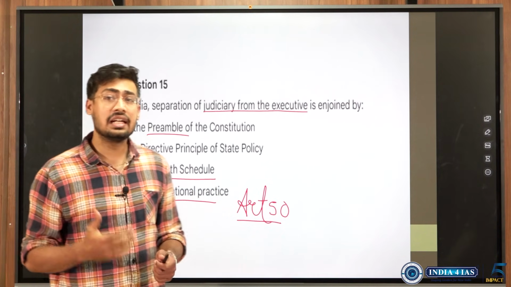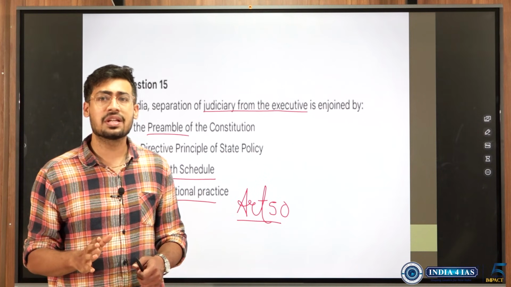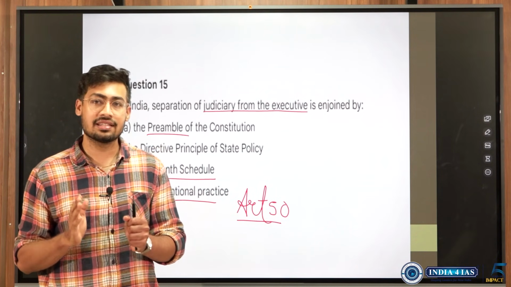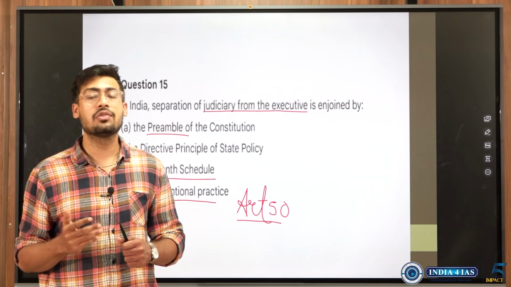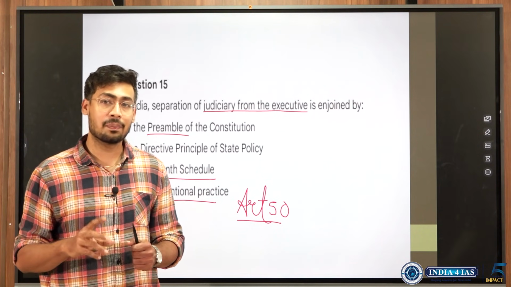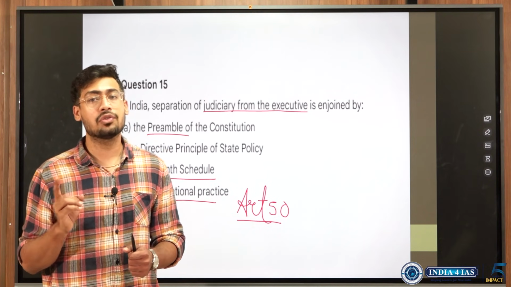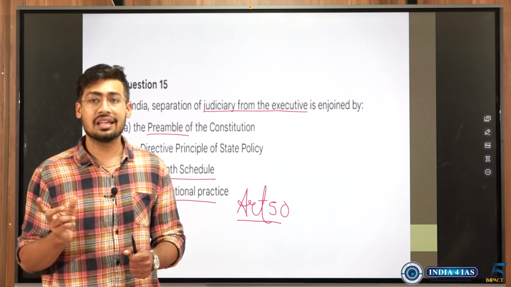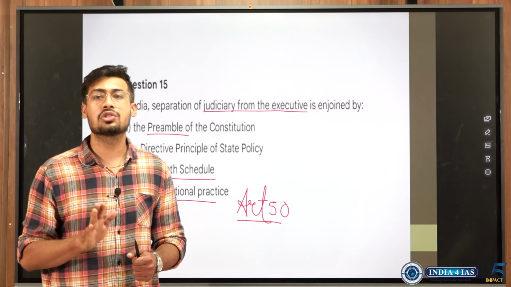See, in India, there is no absolute separation of power. Absolute separation of power means the legislature does not get involved in the executive domain, and the judiciary does not get involved in the legislature domain. What we follow is relative division of power. That means there is separation of power to an extent that one does not hinder the functioning of the other. But if one tries to over exercise the power, then the other may intervene to ensure rule of law or constitutionalism.